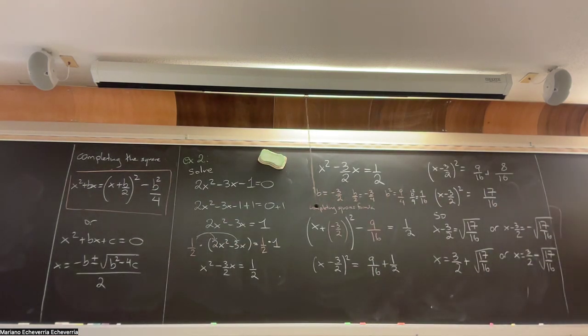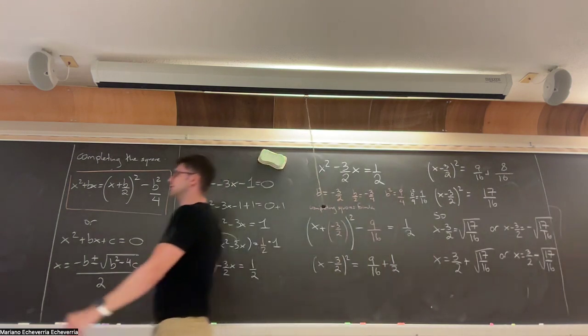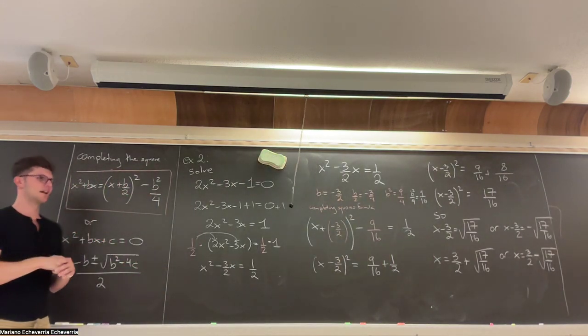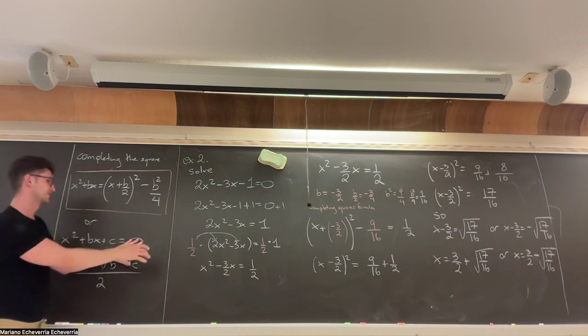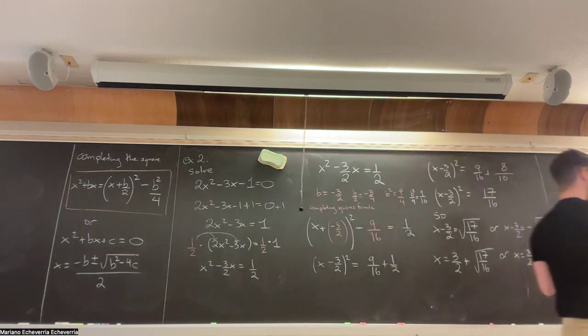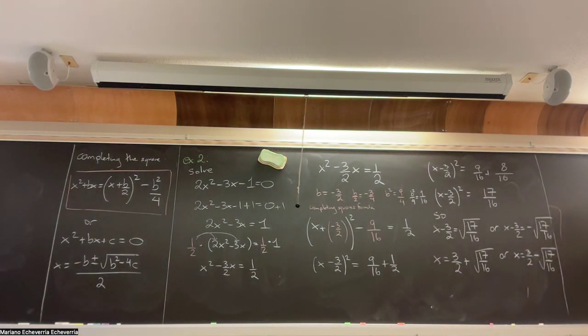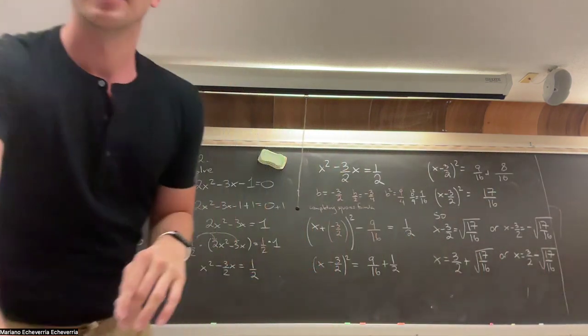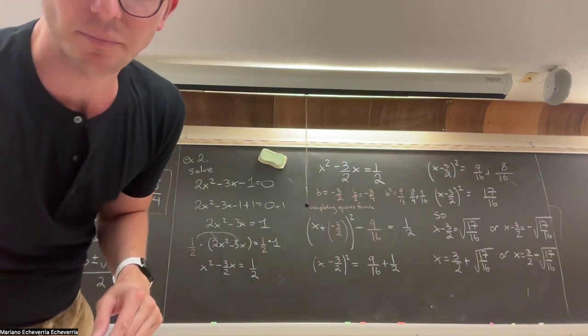But my philosophy is, as long as the method works all the time, I don't care which method you use, you know what I mean? But for tomorrow, it will be advantageous, because when we complete the square tomorrow, it will be super easy to see what's going on. But here, you're kind of stuck because this no longer will be 0, if that makes sense. Okay, so this is what I wanted to say. I'll leave this on the board because after the quiz, the problems